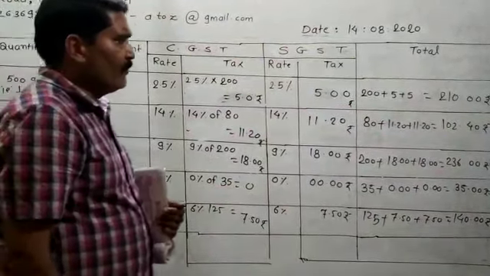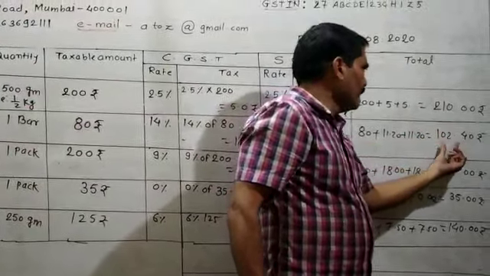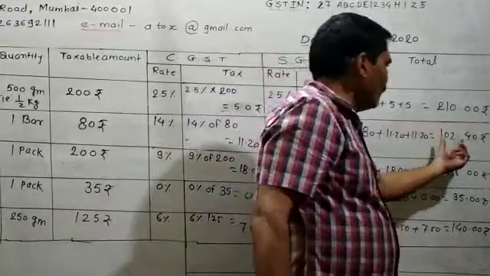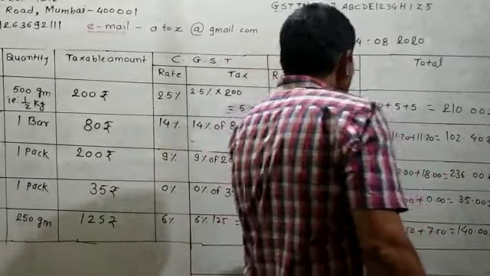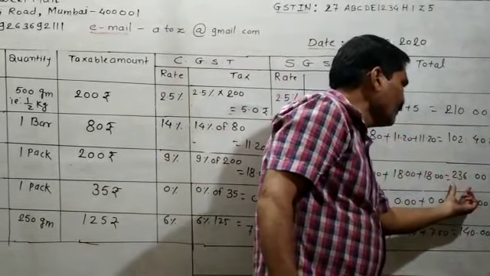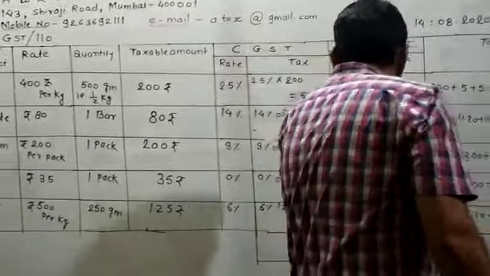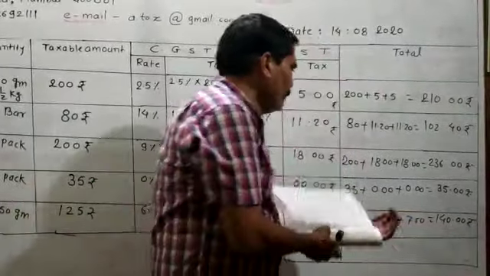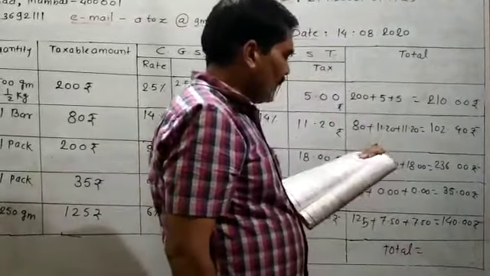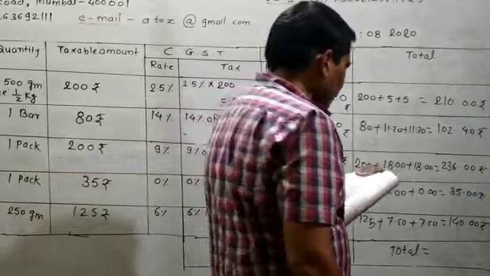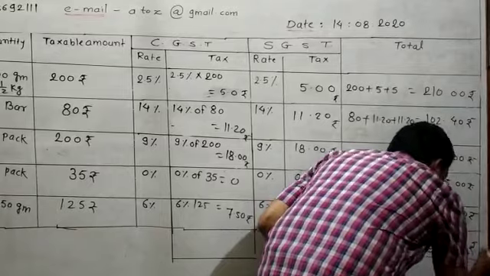Then you have to find out the total. If you purchase the first item, it is 210 rupees. If you purchase the chocolate including GST, 102.40 rupees. If you purchase the ice cream, the cost is 236 including GST. Including GST, the bread cost is 35. Including GST, the butter cost is 140 rupees. Then you have to find out the total. Means if you purchase these 5 items, how much amount do you have to pay to the shopkeeper? He will say that you have to pay 723.00 rupees to the shopkeeper.